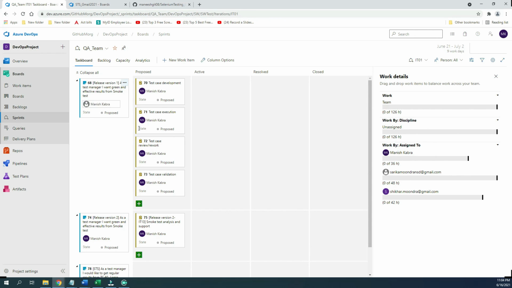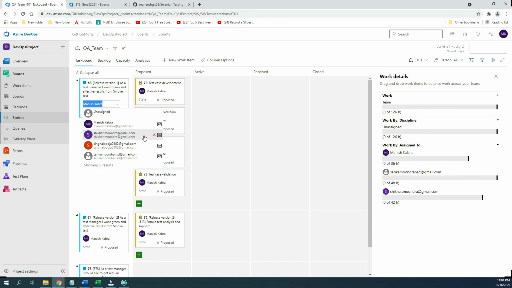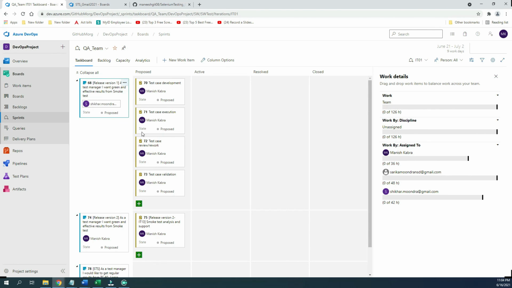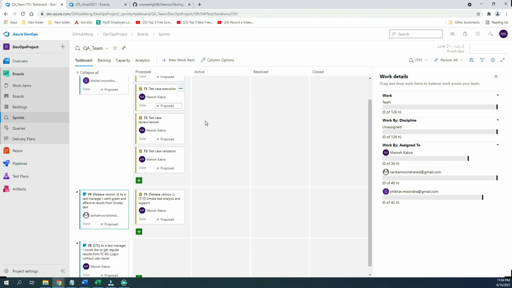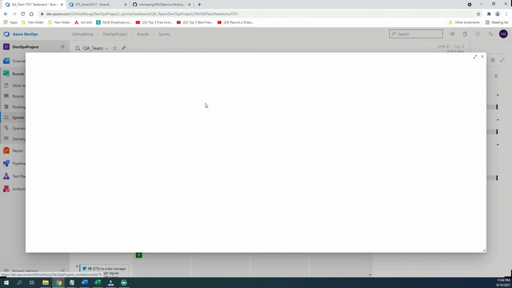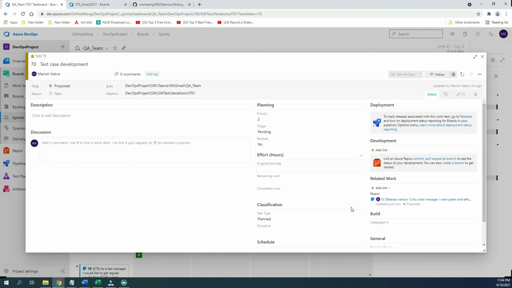This came from my name, but we can assign it to others. Consider Manish Kabra is the Scrum Master, and this particular activity he wants to assign to this team member, Shikhar Mundra, and another web package to Saika Mundra. After that, the member can go and estimate the hours based on their understanding of the complexity of the task.